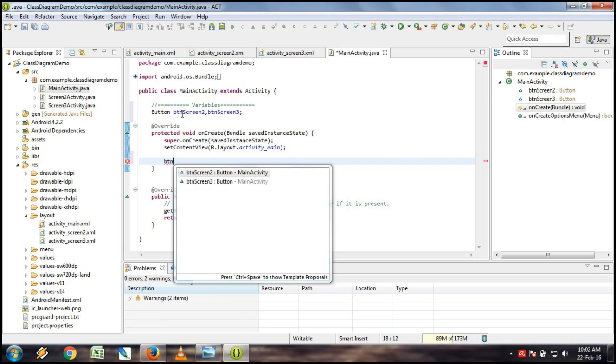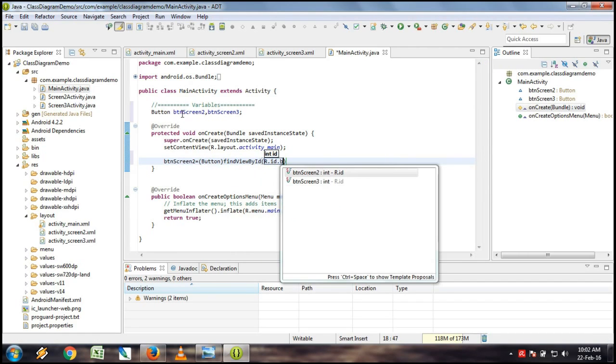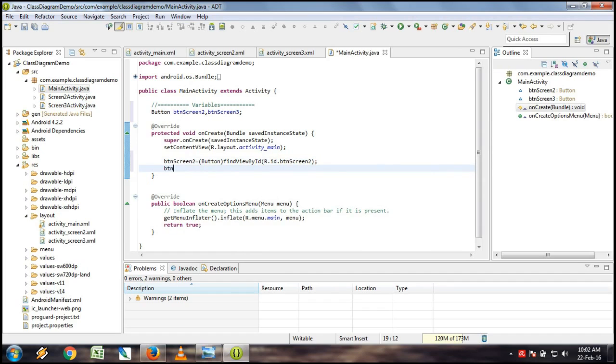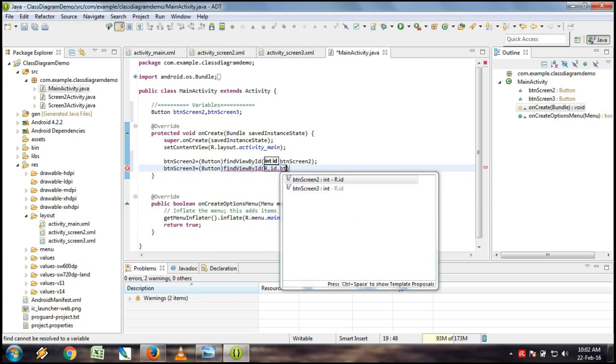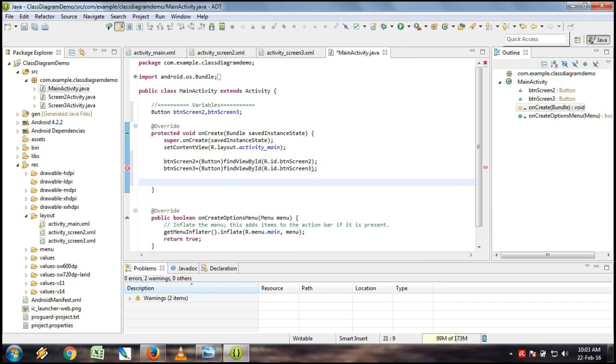btnScreen2 equals typecast that with Button, findViewById R.id.btnScreen2, semicolon. Same for screen 3, btnScreen3, then Button findViewById R.id.btnScreen3. Yes, then